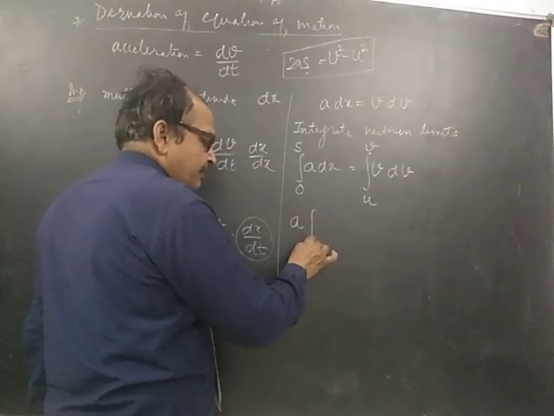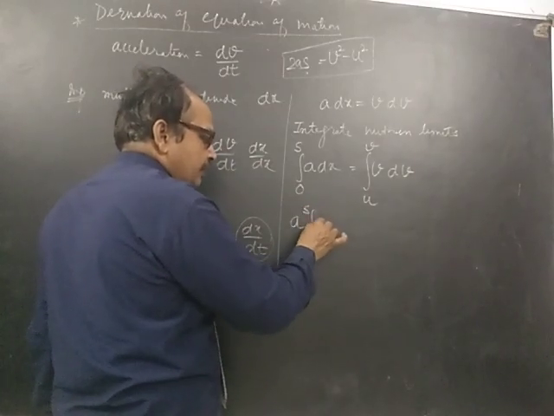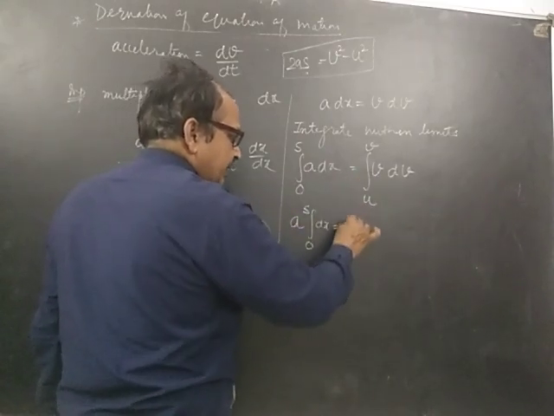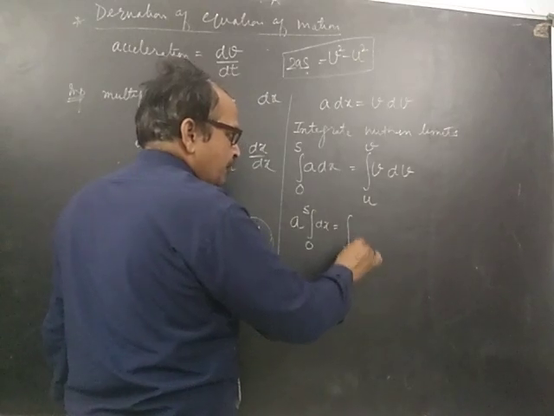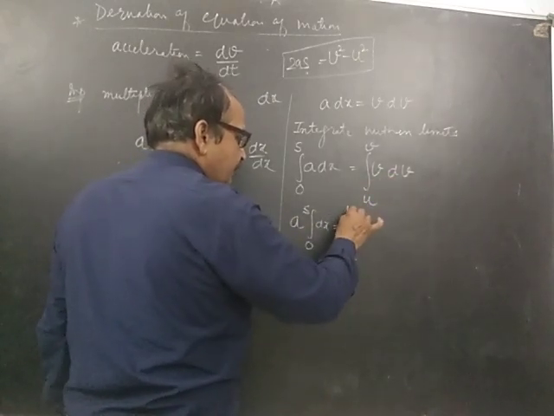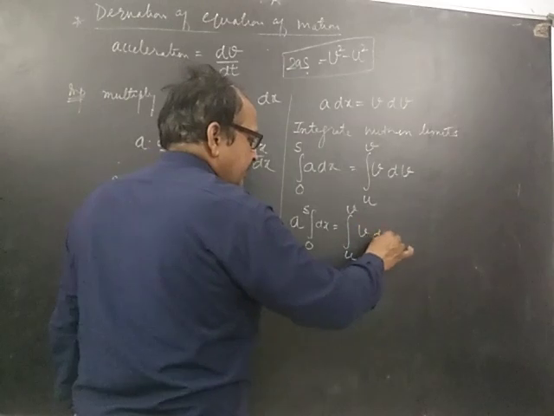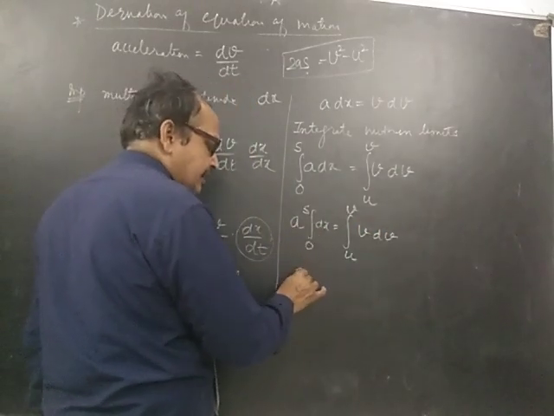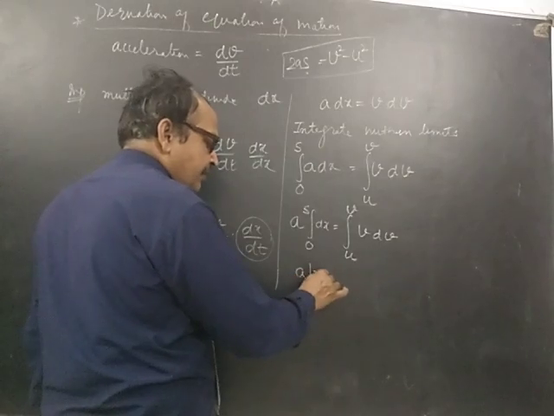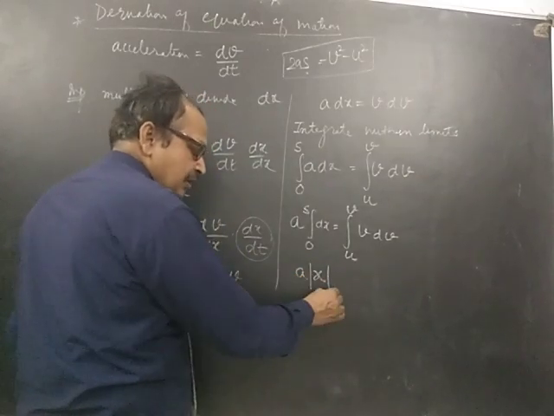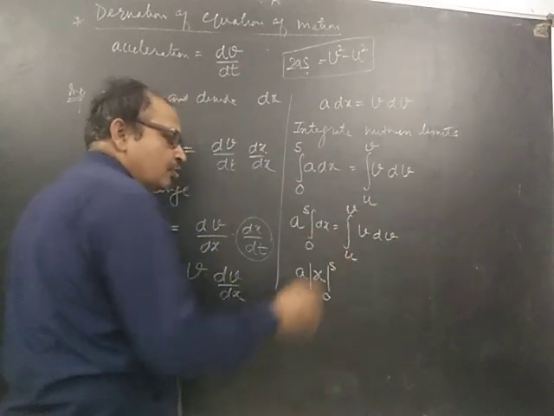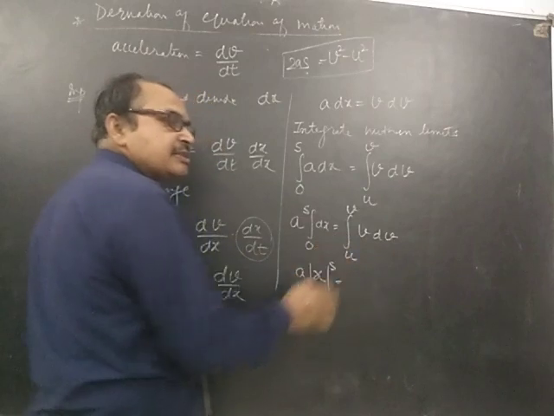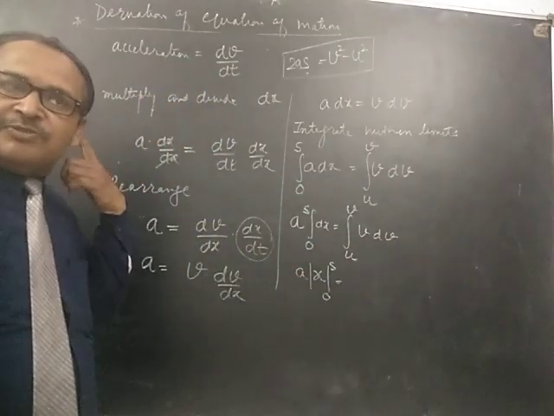What will be left? Integration of dx, and v dv will remain as it is. So integration of dx is x from 0 to s, and integration of v is...